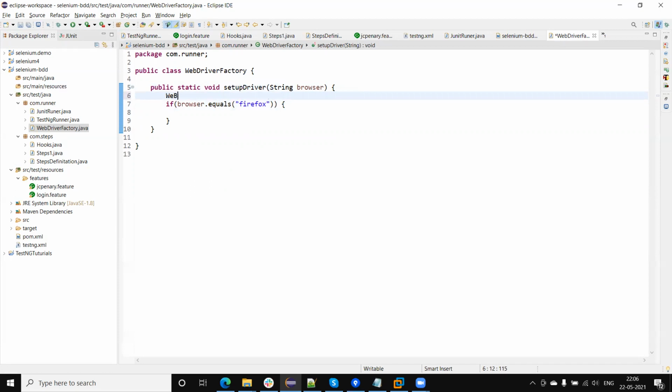Let me create one more driver, initialized to null.